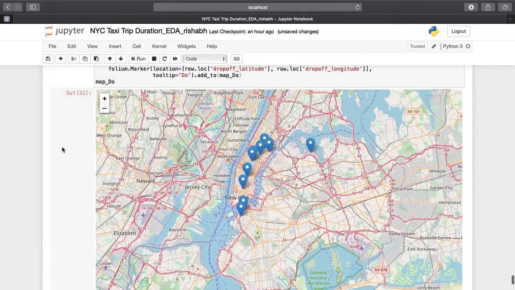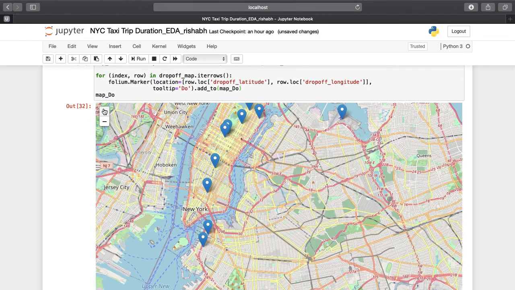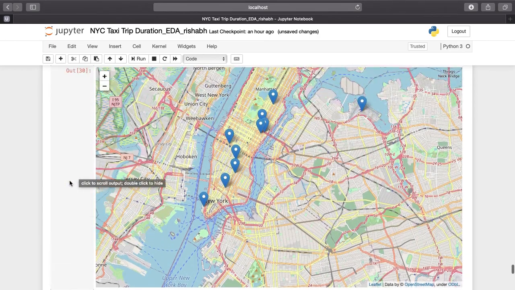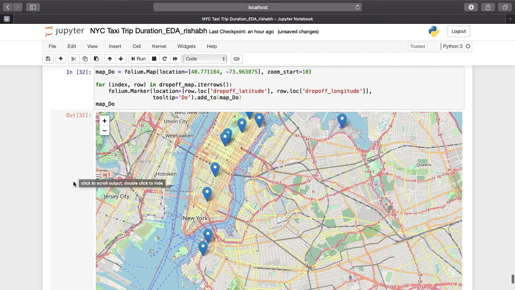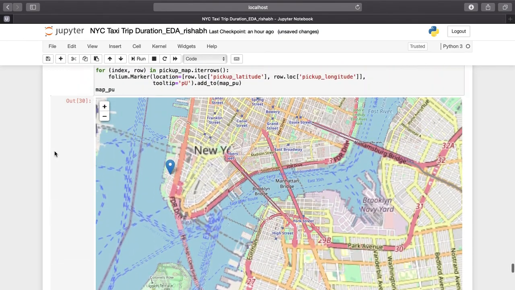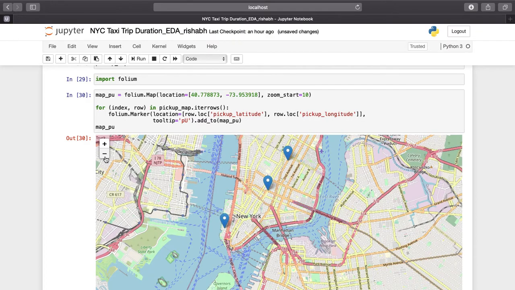Here we go, this is the drop off data. And yes, they do look a little bit similar. But this is drop off geographical coordinates, and this particular one is pickup geographical coordinates.